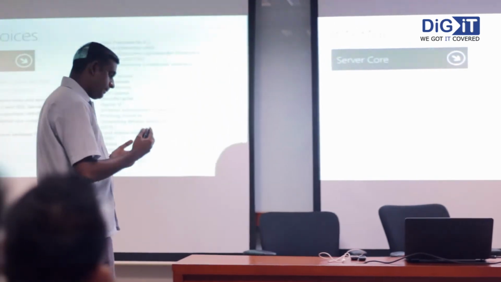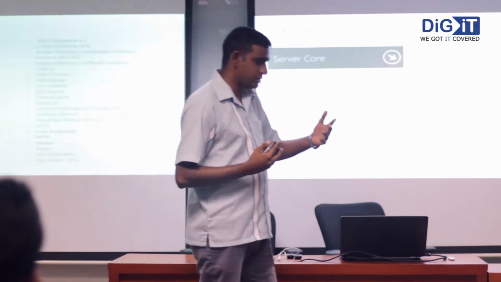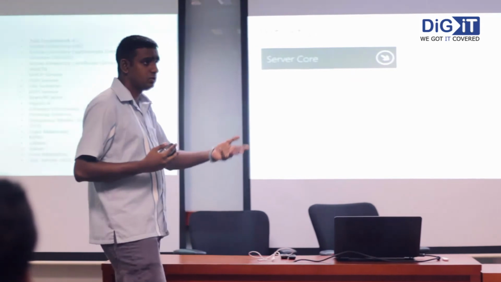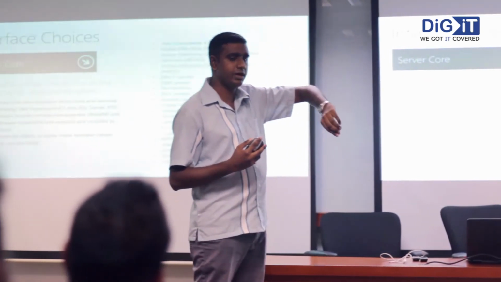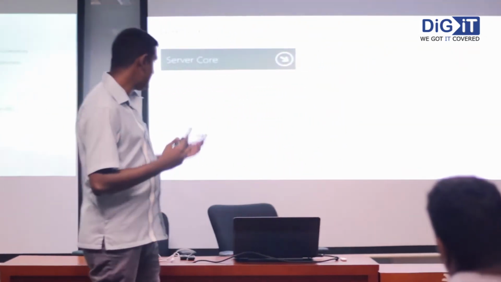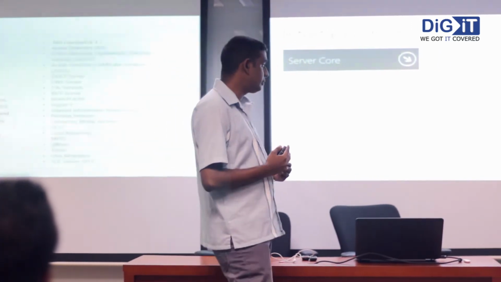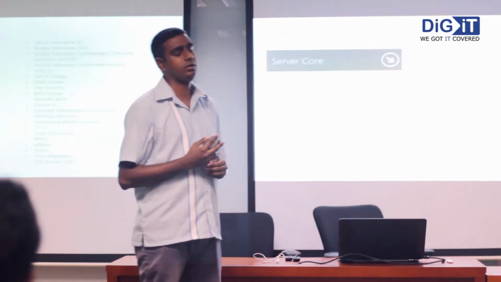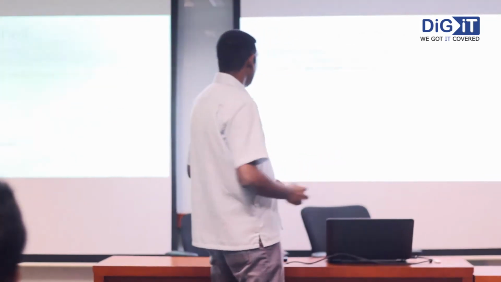There are three sub features in this graphical user interface feature. It's like removing one feature and then downgrading to Minshell, then downgrading to Server Core. It's easier to move between those editions. I'm going to show you in the demonstration how we do that from the GUI. You can do it from the add or remove features wizard, or you can do it by PowerShell itself.